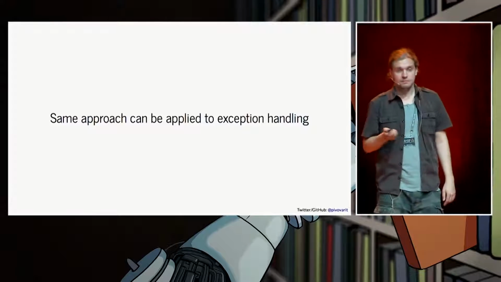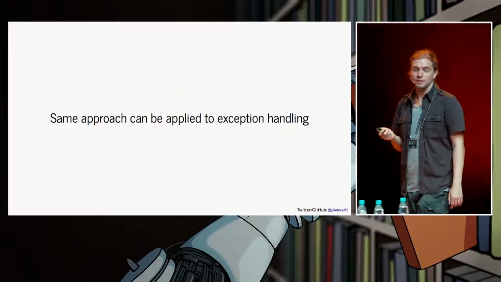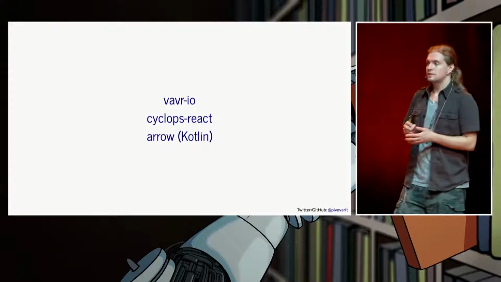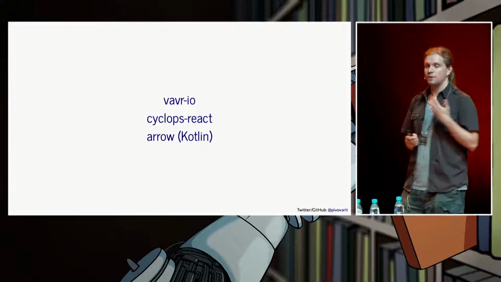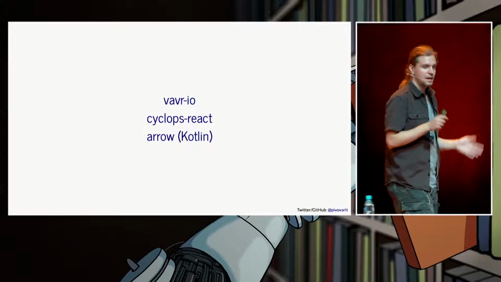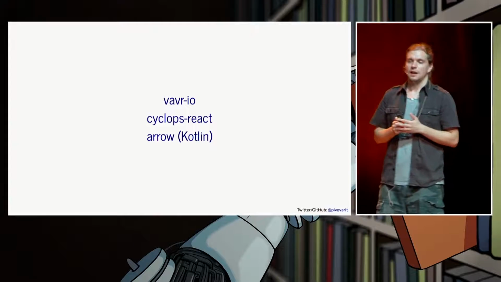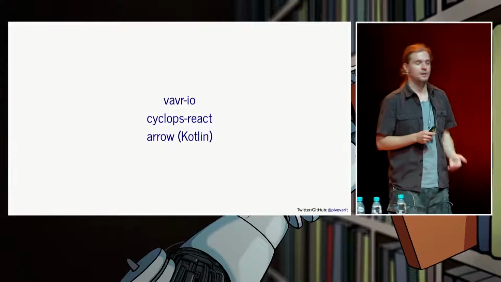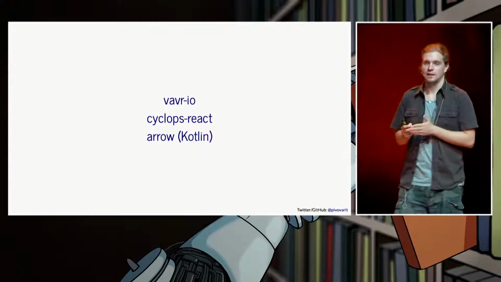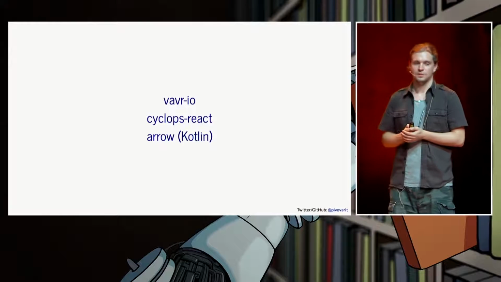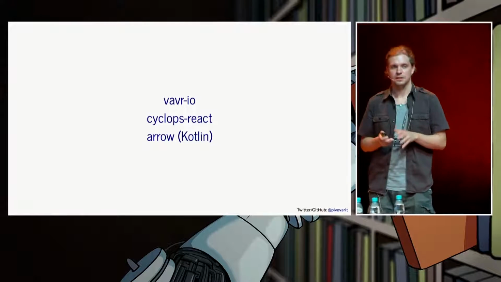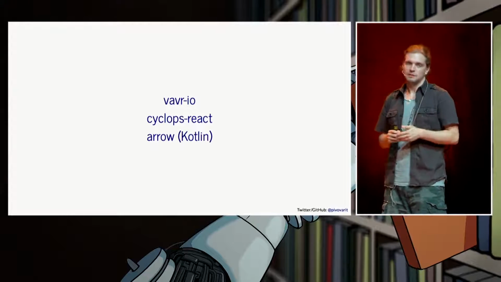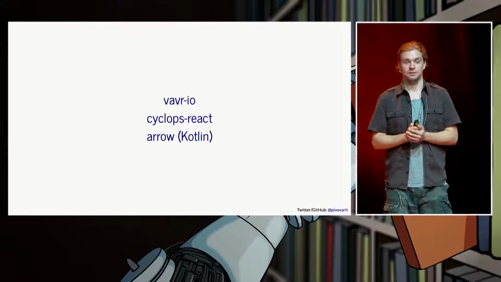And it turns out other languages have been doing that for quite a long time. A short disclaimer: those ideas that I'm trying to show today can be found in many different languages. You can find them in Haskell, Scala, Kotlin, and many other languages in many different libraries. But today, I will focus on Vavr because it's as close as it gets to Scala, and it should be quite easy to adapt. But there are other solutions. You should be aware of that. So we won't be digging quite a lot into a particular implementation. I'll be showing you some ideas, but it's up to you to go and read the docs.